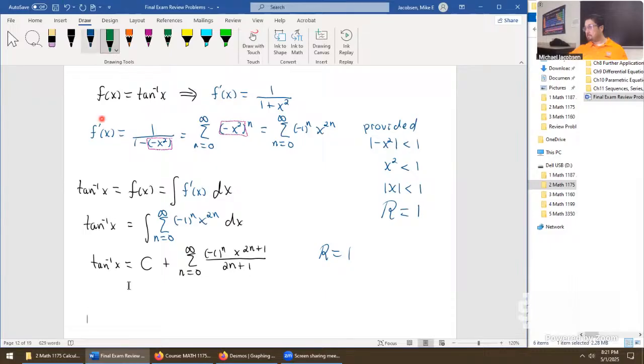Okay. Well, the strategy is find the center. Center on this one is 0, so that means take this whole equation, set x to 0. X to 0 will then imply tangent inverse at 0 equals the constant plus, throwing 0 here is not a big step. The whole thing is now 0. It converges, and we can say the total sum, exactly 0. Then tangent inverse 0 is also 0, so the constant is 0 on this problem.